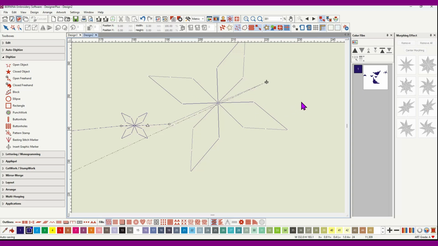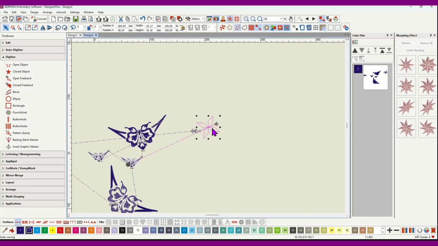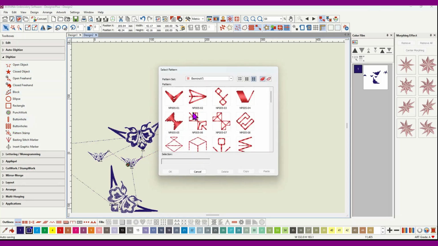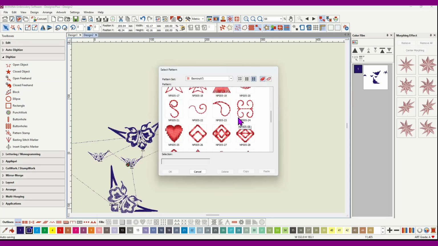But all you need to do then is, once you've got your motif selected, get your select tool and come down here to your outlines and click on the single outline, and that will change that into a single outline rather than the long stitches, and you'll get your default stitch length in there, and that will stitch out quite nicely. So if I go back to digitize with the pattern stamp, and let me choose